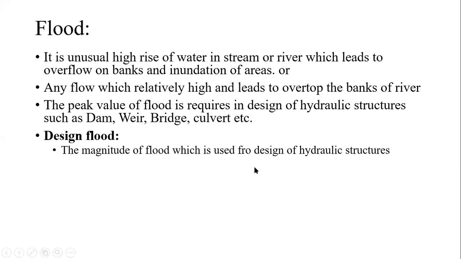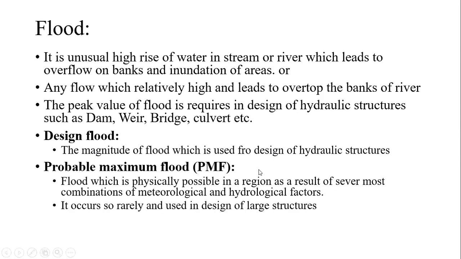The next is the probable maximum flood. Now what does it mean? That is also called as a PMF. So probable maximum flood यानी कि क्या, कि वो rarely it occurs. Rarely it occurs means, suppose that we consider the flood condition of the Pandharpur on the Bhima river. Rarely it happens, once in 10 years or once in 100 years or once in 50 years, we can say. So likewise, the maximum floods which occur so rarely, that is called a probable maximum flood.